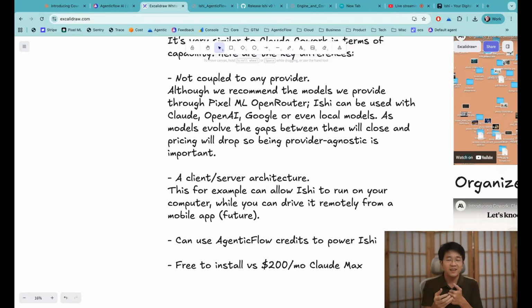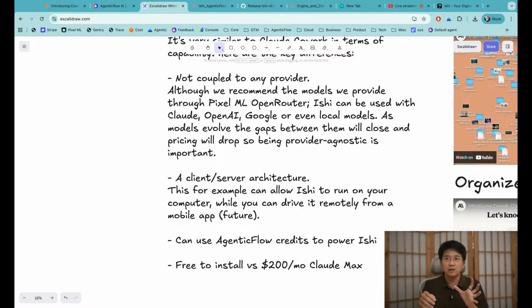Just imagine, I actually have this problem a lot. For example, I'm still working with Ishi, and then my wife would like me to drive her to the shopping mall, and I need to go with her, right? But Ishi is still here, still working and also chatting with me. Right now, what I have to do is remote desktop and do really fiddly things. But I think a mobile application with a touch-friendly interface, with a file system to select files, review the work and send messages to Ishi,